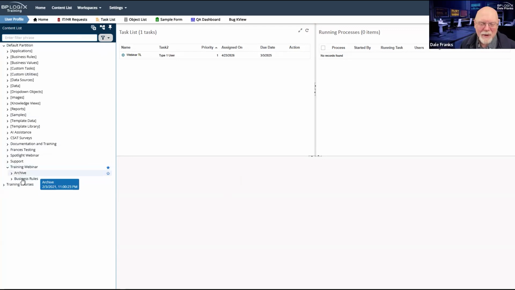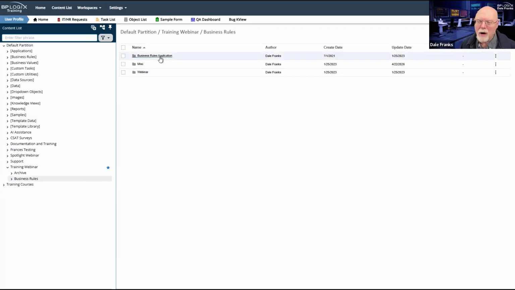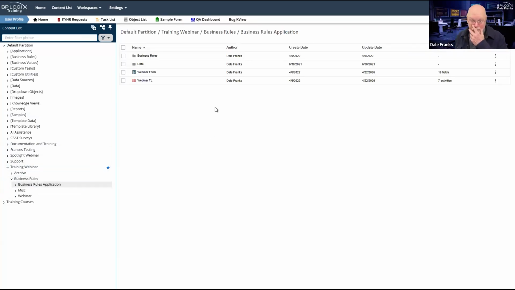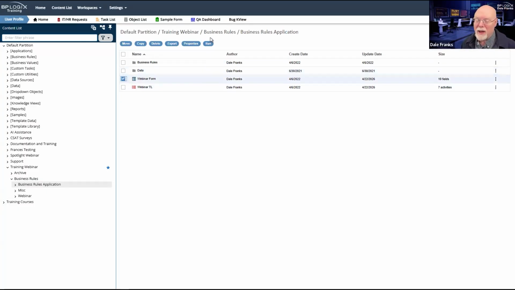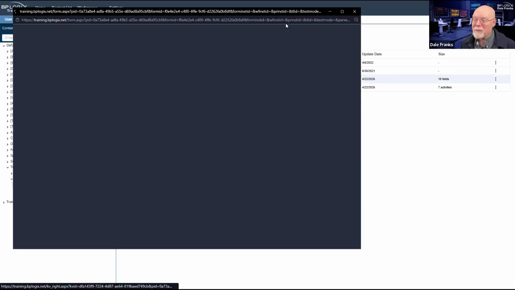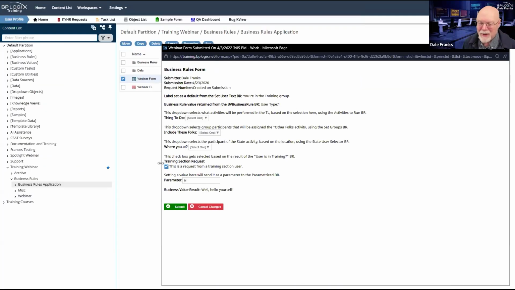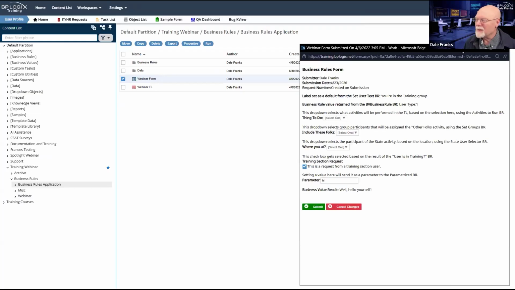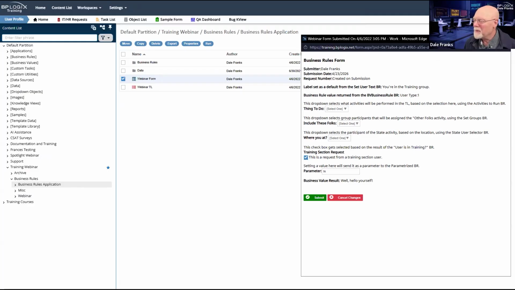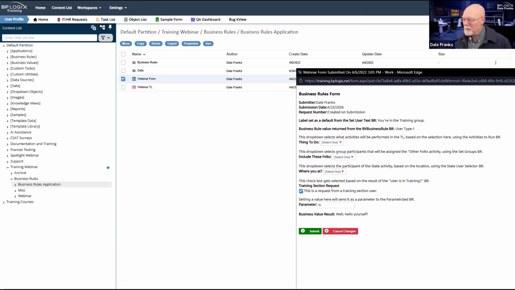And in any event, we'll go back to business rules, go back into our business rules application. And we're just going to run the form largely so that it can guide me step by step through what business rules we want to talk about in some sort of logical fashion. So let me make that just a little smaller, get it off to the side. It has to be big enough that I can push it off to the side of the screen so that I can click on it. Actually, maybe I should just move it down there. And that way it'll always be below the screen and I can click on it down there.